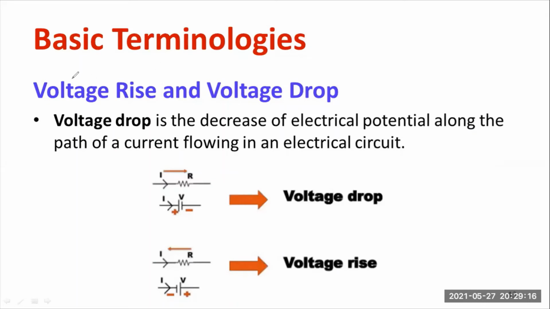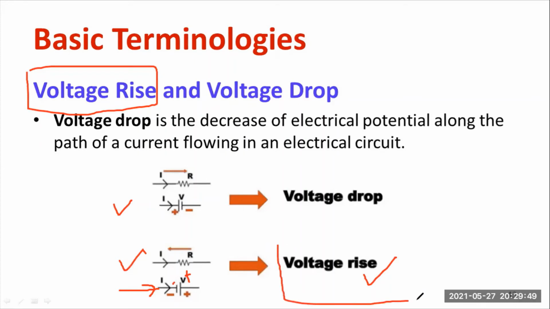What is the difference between voltage rise and voltage drop? Consider the circuit diagram. Here, there is one battery. And in the second case, we have a battery, but the polarity is different. First let us discuss voltage rise. So this is negative and this will be positive. Negative means lower potential, positive means higher potential. If the current is flowing in this manner, we can say that the current is moving from a lower point to a higher point. Therefore, it offers a voltage rise. There is an increase in voltage.